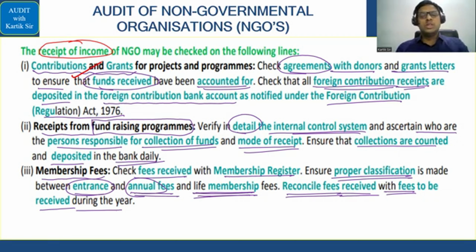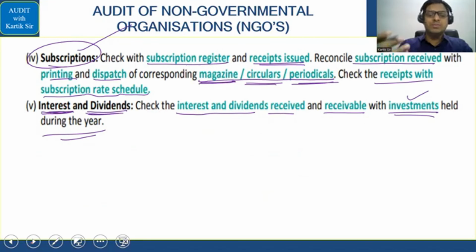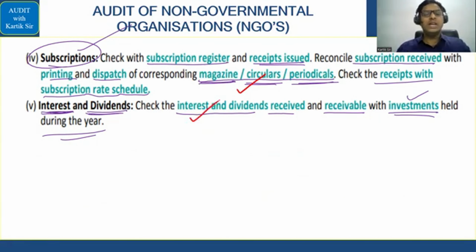So this is you going to the terrace and you feeding one pigeon. Then after that, fundraising program, you are feeding many pigeons. After that, you get the membership fees to take membership in the library. लेकिन उधर भी then library is selling magazine, में you are able to see magazines, circulars, periodicals, तो वो आ जाएगा. And finally whatever interest or dividend you earn, you will check those, that is interest and dividend.